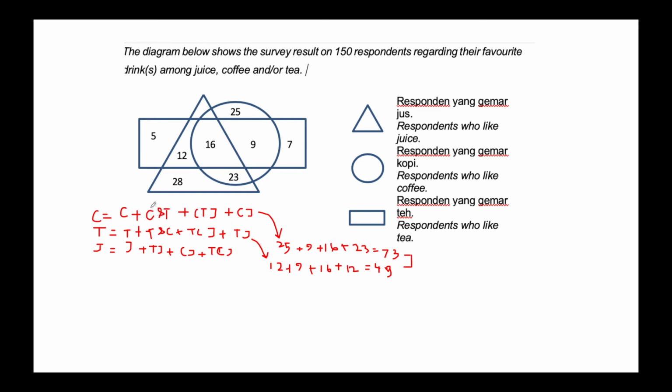So we can remove this one, coffee and tea. We also can remove this one. So basically the 9 and 16 will be extracted. So 73 minus 9 minus 16. Same goes to this one. Tea, coffee, remove. Tea, coffee, remove. So it is left with